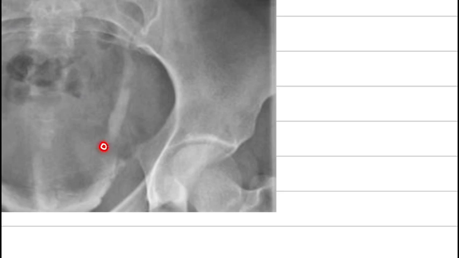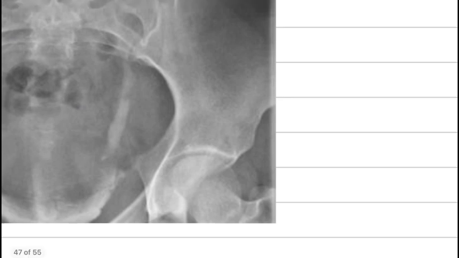So distal to this radio-opaque spot, there is an absence of contrast. I'm sure you can see the contrast here and the radio-opaque spot, but then distal to that, there is an absence of contrast, as well as mild dilatation of the ureter proximally, which is indicative of the prevesical ureteric stone